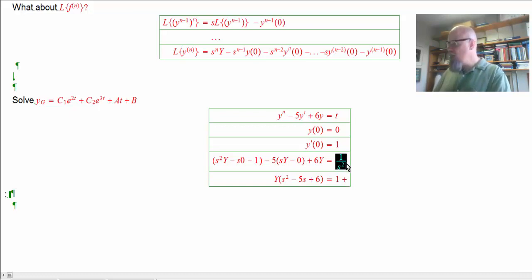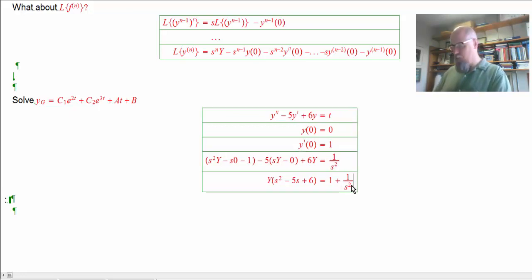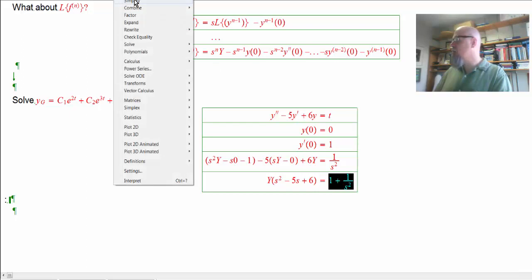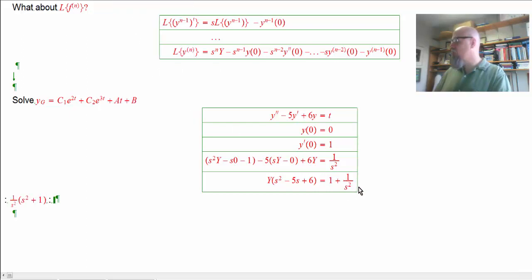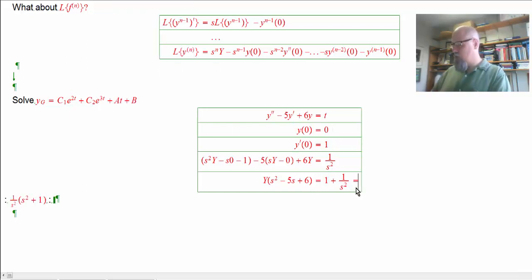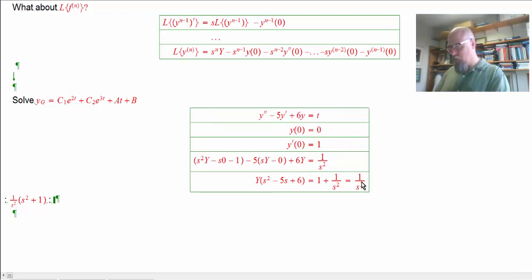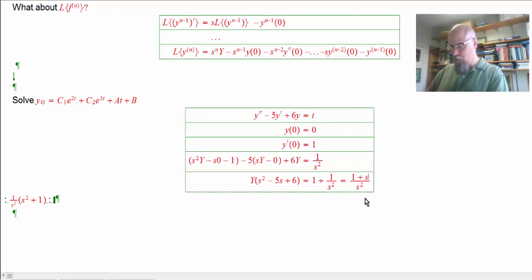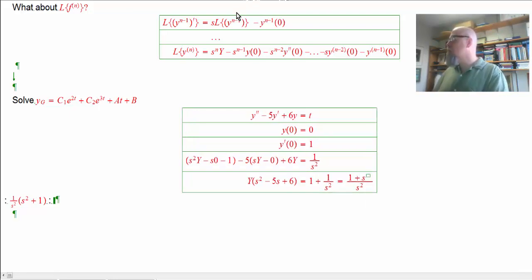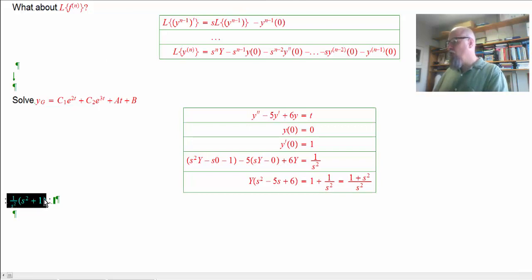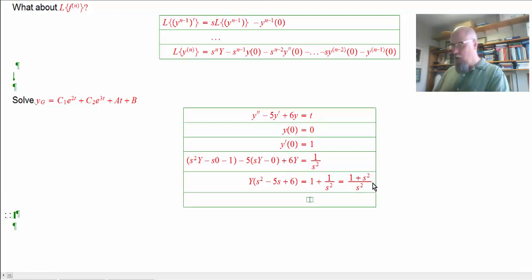So I can see the auxiliary equation there. Let's simplify this together here, so that when I solve for Y, I'm getting Y equals